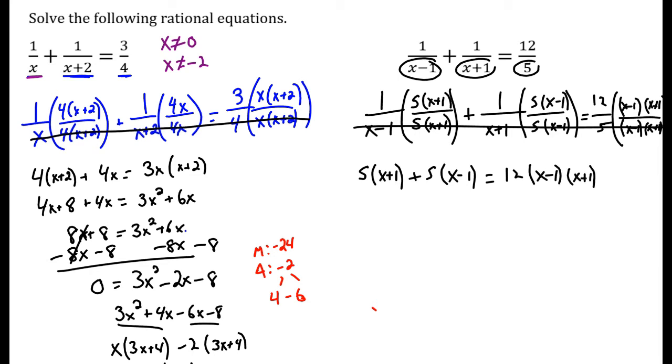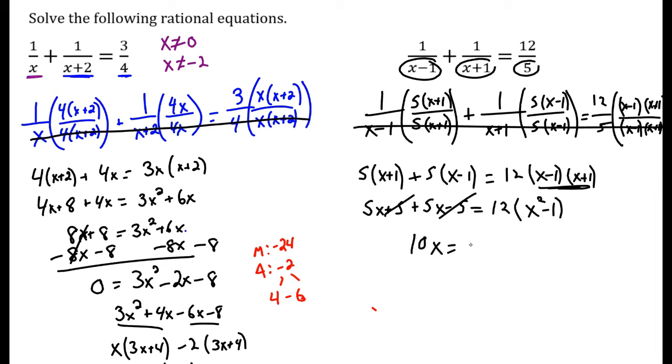Alrighty, we've got a lot of distributing to do here. 5x plus 5 plus 5x minus 5 equals, well, wait a minute, this is the difference of perfect squares here. Maybe you need to make a table to multiply those out, but hopefully you recognize that's x squared minus 1. That's the difference of perfect squares factored. So I'm going to unfactor those and multiply them together. 5 and negative 5 add to 0, so I get 10x